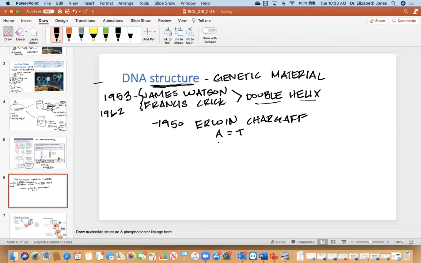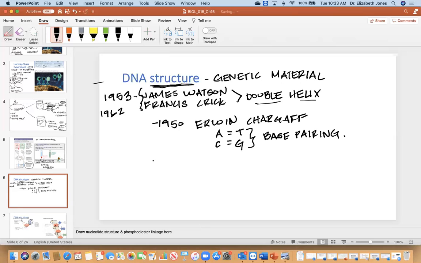And he also found that the concentration of cytosine was always equal to the concentration of guanine. So what this did was it allowed Watson and Crick to develop what we now know as complementary base pair rules, okay? So I'm gonna put base pairing,